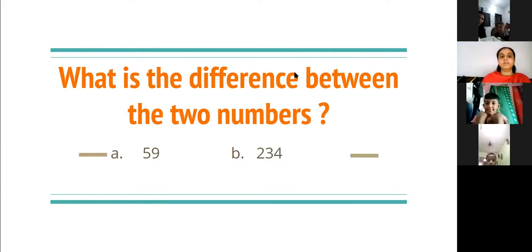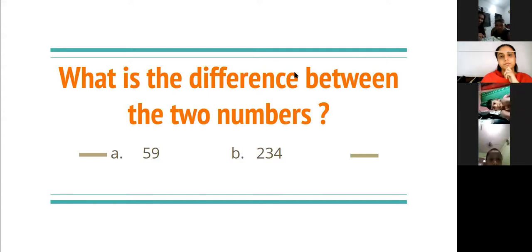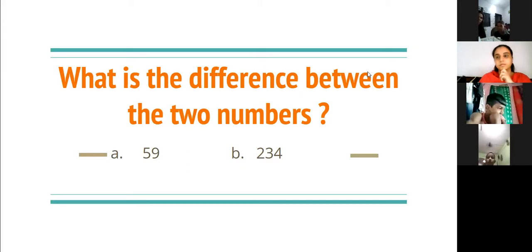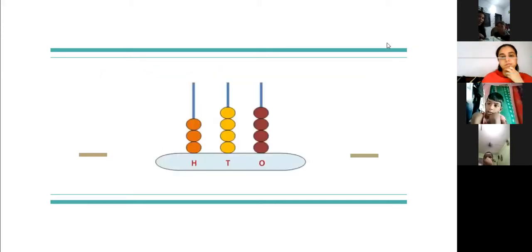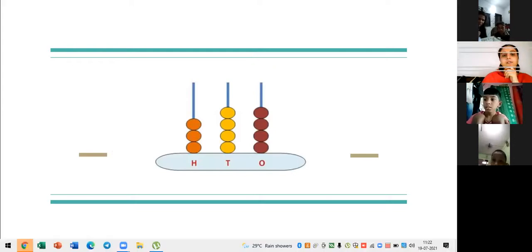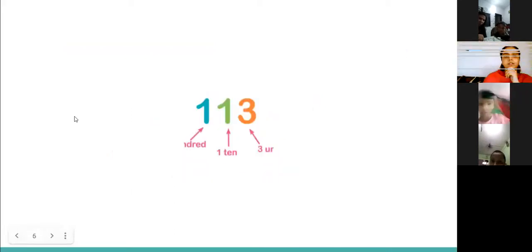You can tell me in the chat box. Use the chat box everyone to give me the answer. Everyone, if someone wants to unmute themselves, you can do that. Right side has 2 digits and left side has 3 digits. Thank you, Payal and Palan. That is exactly what we wanted to know about.